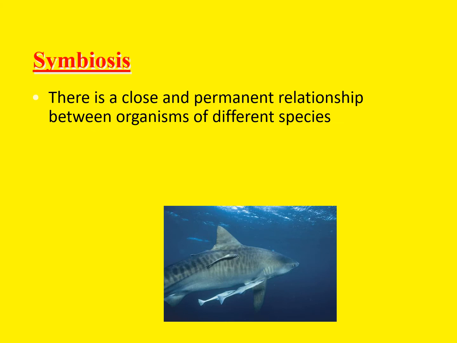So when we look at symbiosis, this is a relationship between different species. And the key word there is different species. It's not like two human beings helping each other. But as you can see in this picture, the shark and the remora, they're two different types of fish. Or the relationship you have with your pets, you're two different types of species. And when we look at symbiosis, there's three different patterns that we see in nature. And so symbiosis means these creatures living together and